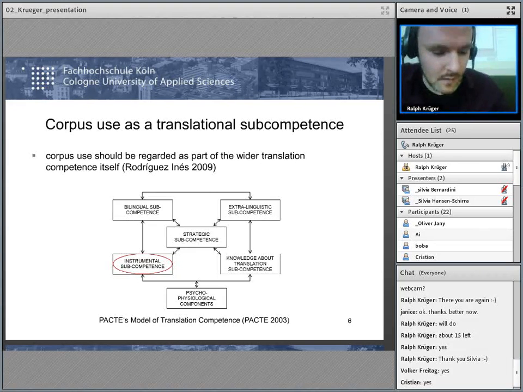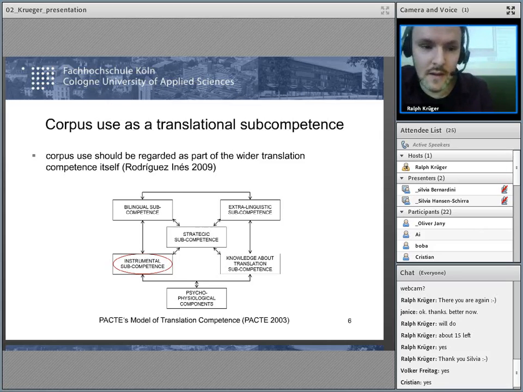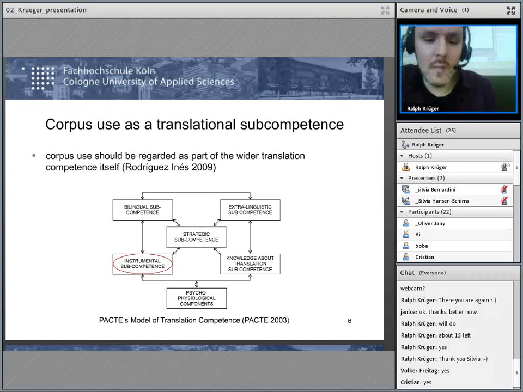Briefly, some words on corpus use as a translational subcompetence. It is claimed more and more often that corpus use is no mere additional qualification to be acquired in addition to what you could call pure translation competence, but that, as Rodríguez-Inés claims, corpus use should be regarded as part of the wider translation competence itself. Now, Silvia talked already extensively about the EMT translation competence model, so I thought I'd focus here on the PACTE model, where corpus use would form part of the instrumental subcompetence,